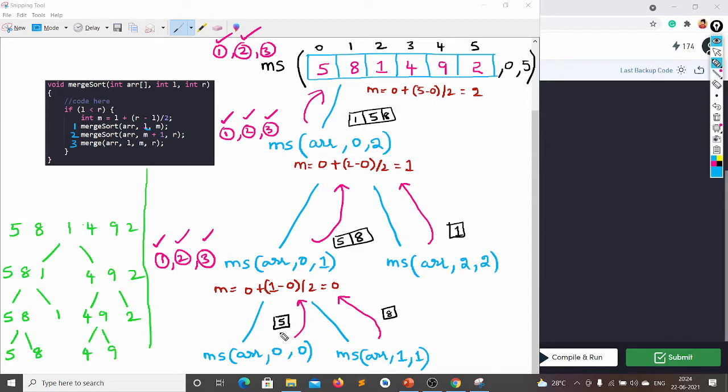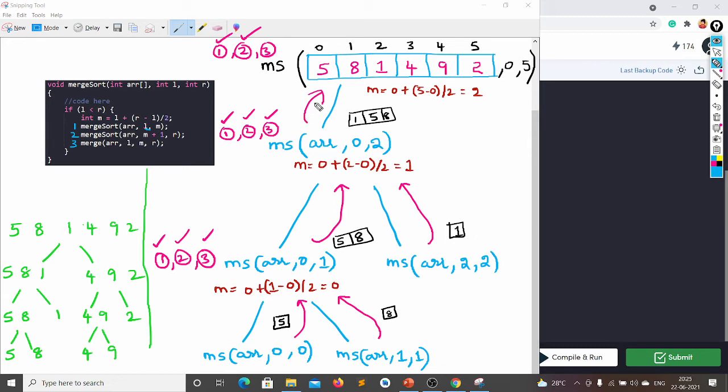Now this will do merge sort of 5 only, this will do merge sort of 8 itself, and again merging of 2, 5 and 8. Merging of 2 means it will not create some other arrays, but in place, here only the 5, 8 are sorted. In place, here only 1, 5, 8 are sorted. Up to here is sorted. Instead of drawing the full array, I brought it up to here only. Now 1 is written.